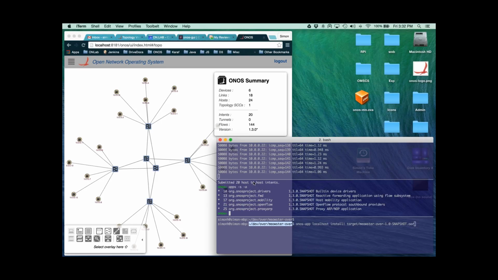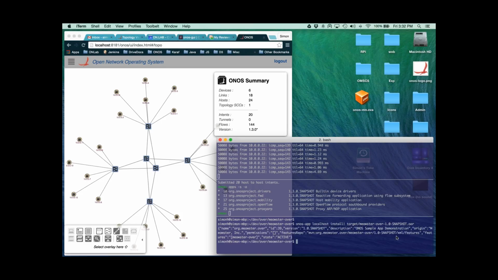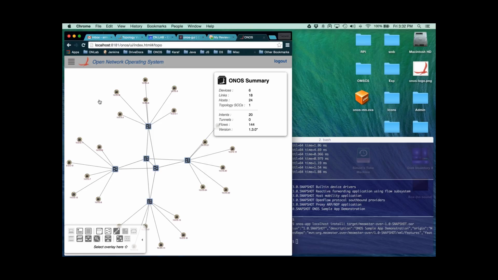applications, you'll see that we have 5 listed here, all from ONOS project. Once I load in my Meowster app and we do the same thing, you'll see that we've got a new one, Meowster overlay, 1.0 snapshot. Now, by refreshing the UI, what's going to happen is